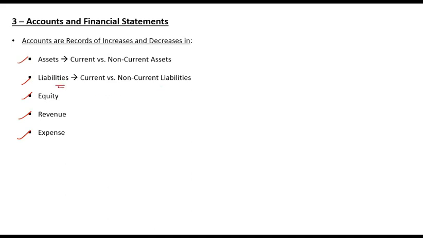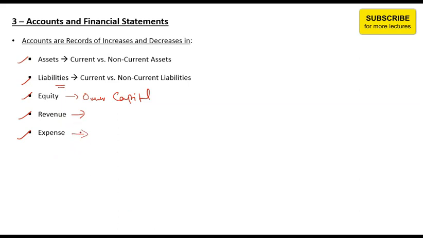Liabilities are obligations that you have to meet. It can be a loan, it can be a payable, it can be a credit amount. Equity is owner's capital. So whatever the owner owns in the company or has contributed to the company is known as equity. Revenue is what you earn by selling, or the income that you earn by selling your goods or services. And expenses are any expense that you incur to generate the revenue.